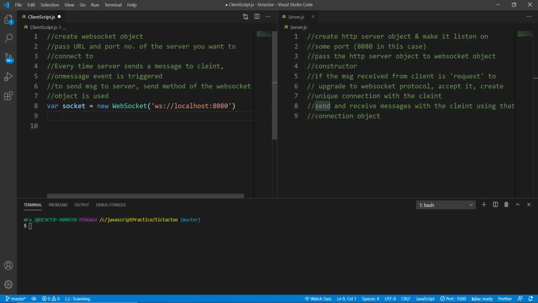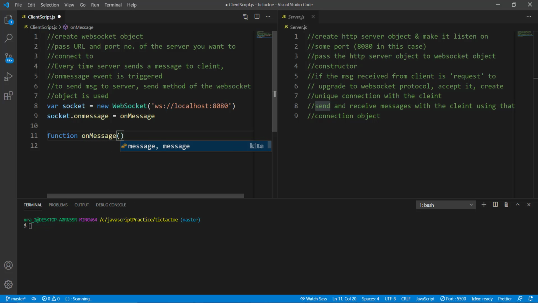So we'll say socket.onmessage. Now this is again a built-in event with our client side WebSocket API, but on the right side we have to define an event listener. So we are going to name it onMessage as well with capital M, and we have to now define this onMessage function or event handler. So function onMessage,